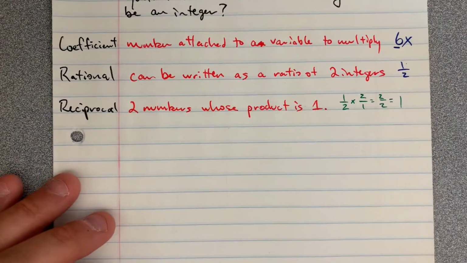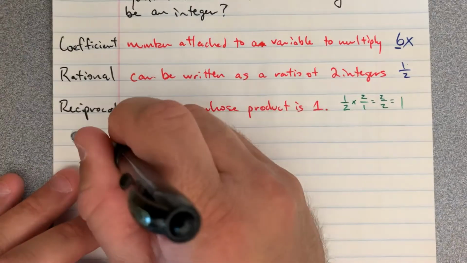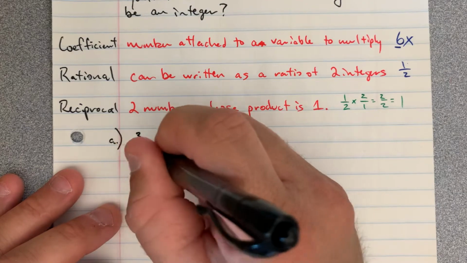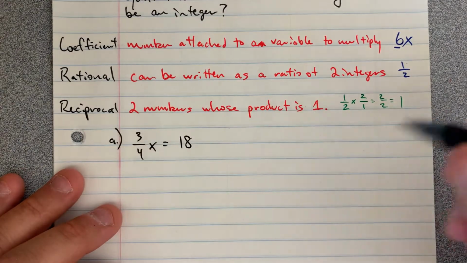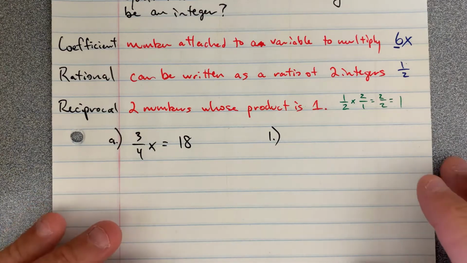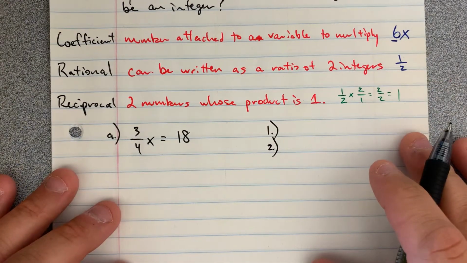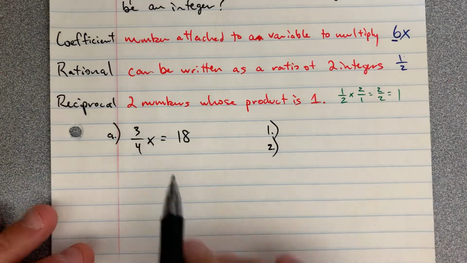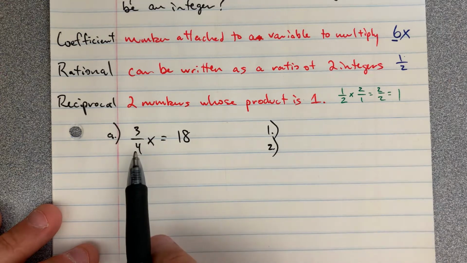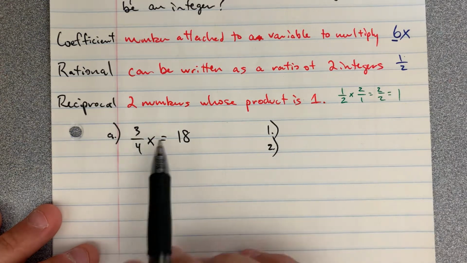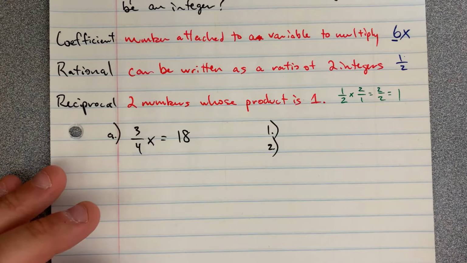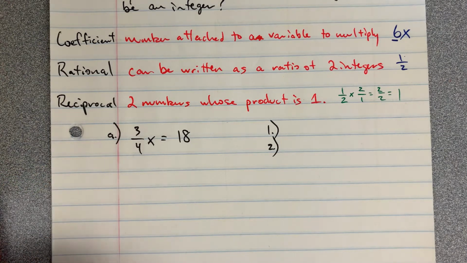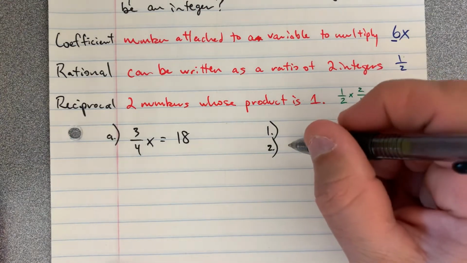All right, so our first example today is (3/4)x equals 18. So like always, we have steps to follow. My very first step, I don't see in this example, so we're going to skip it and come back to it. Step 2, just like with any equation, we always want to get the variable by itself. I understand that this is telling us 3/4 times x, and normally we do the inverse of multiplying by 3/4, so we're going to divide by 3/4. But then we're dividing fractions, and then we have to do keep, change, flip, and there's a lot of steps. So to alleviate all those steps, step 2 is for us to multiply